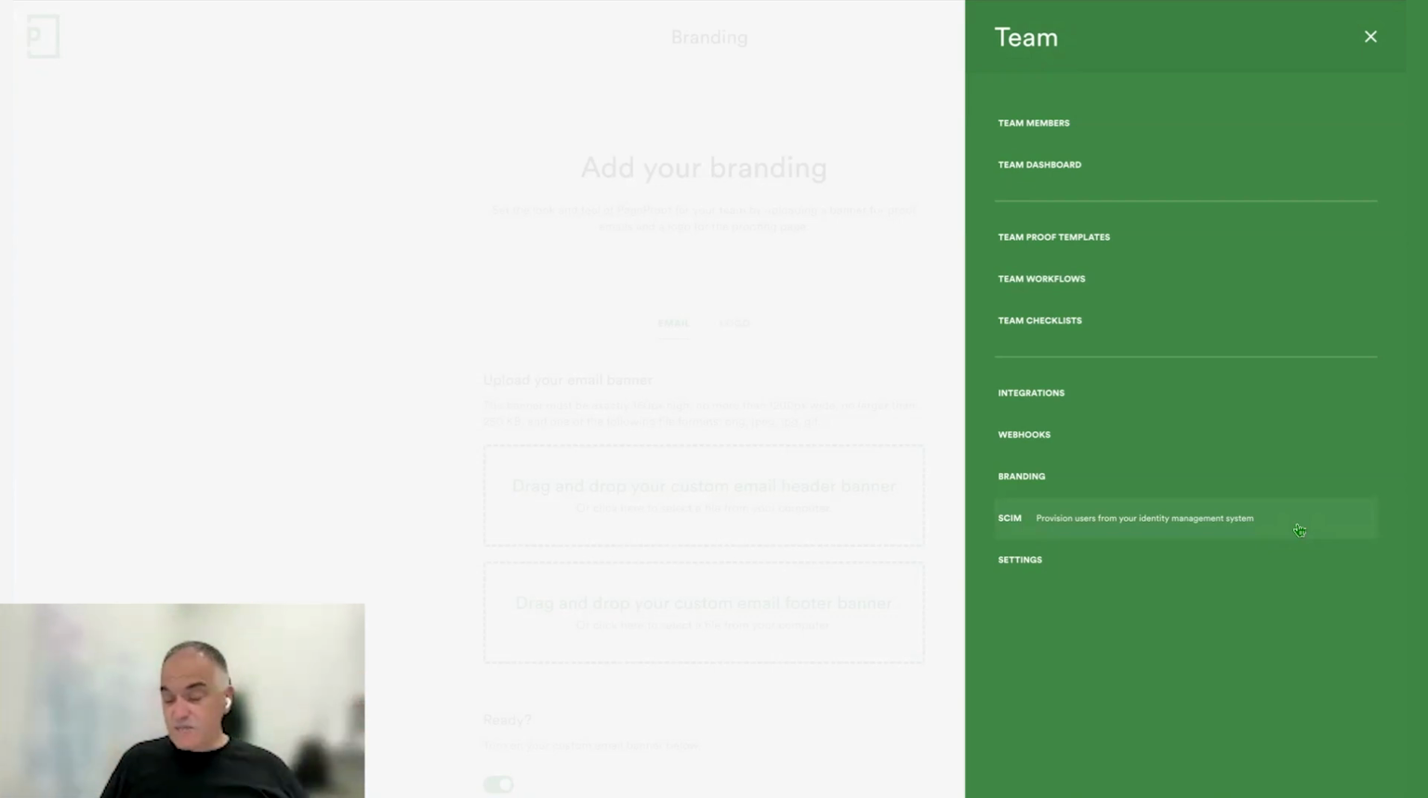So that is what SCIM does, and this is where you'd manage that inside of your PageProof enterprise account. So it's an enterprise only feature for PageProof. Okay, now we're going to go to the place that probably has the widest range of options, which is simply